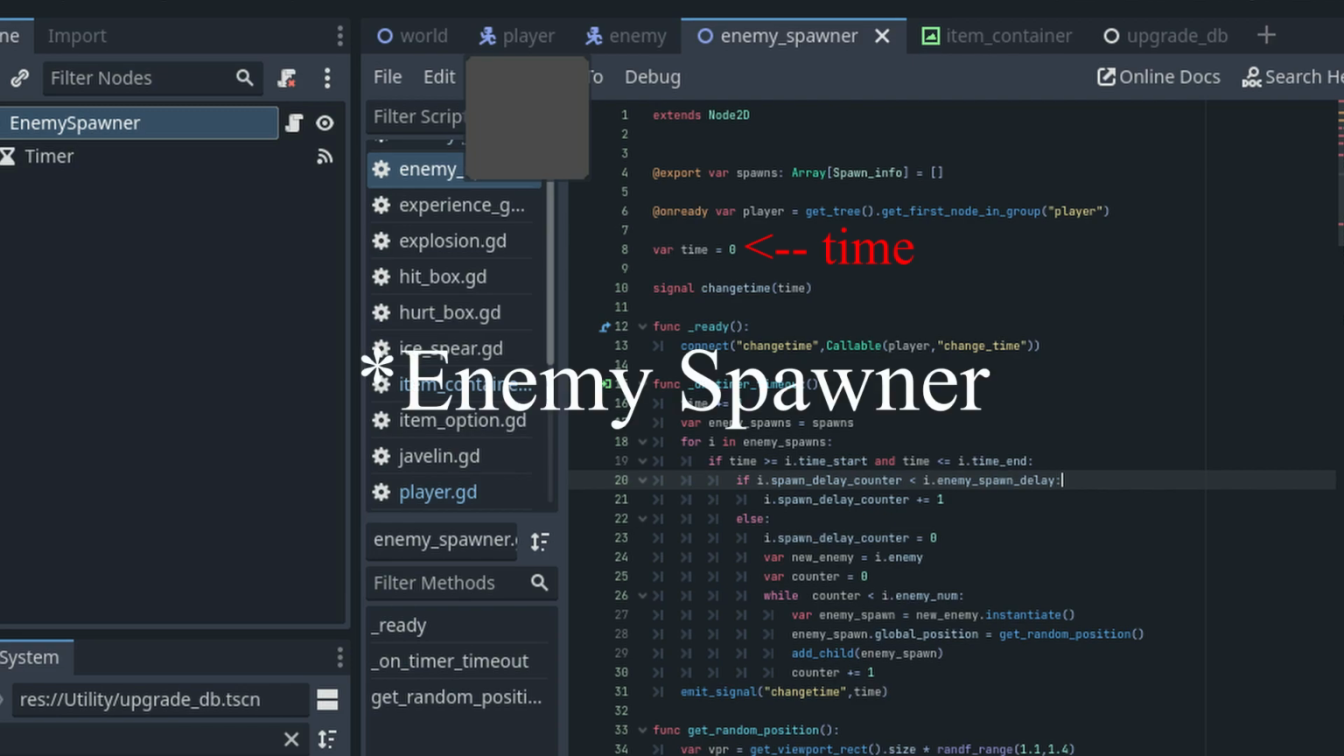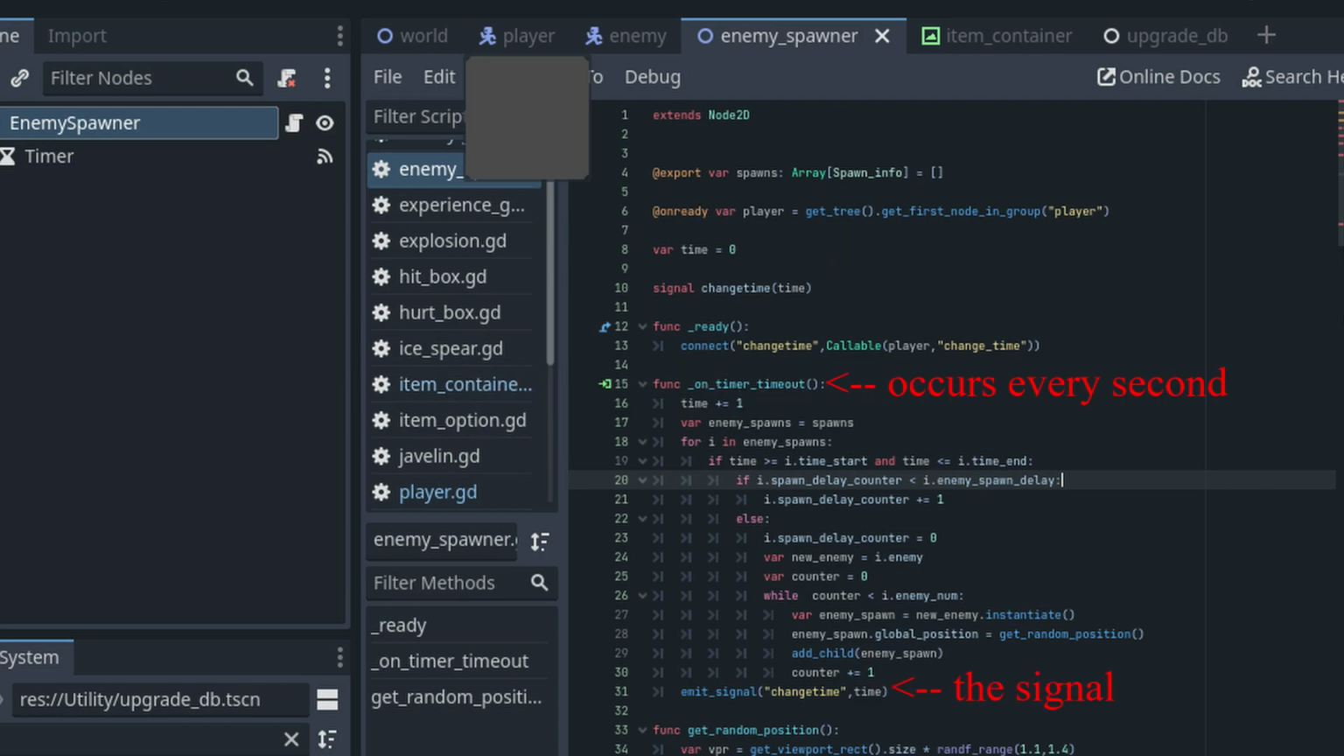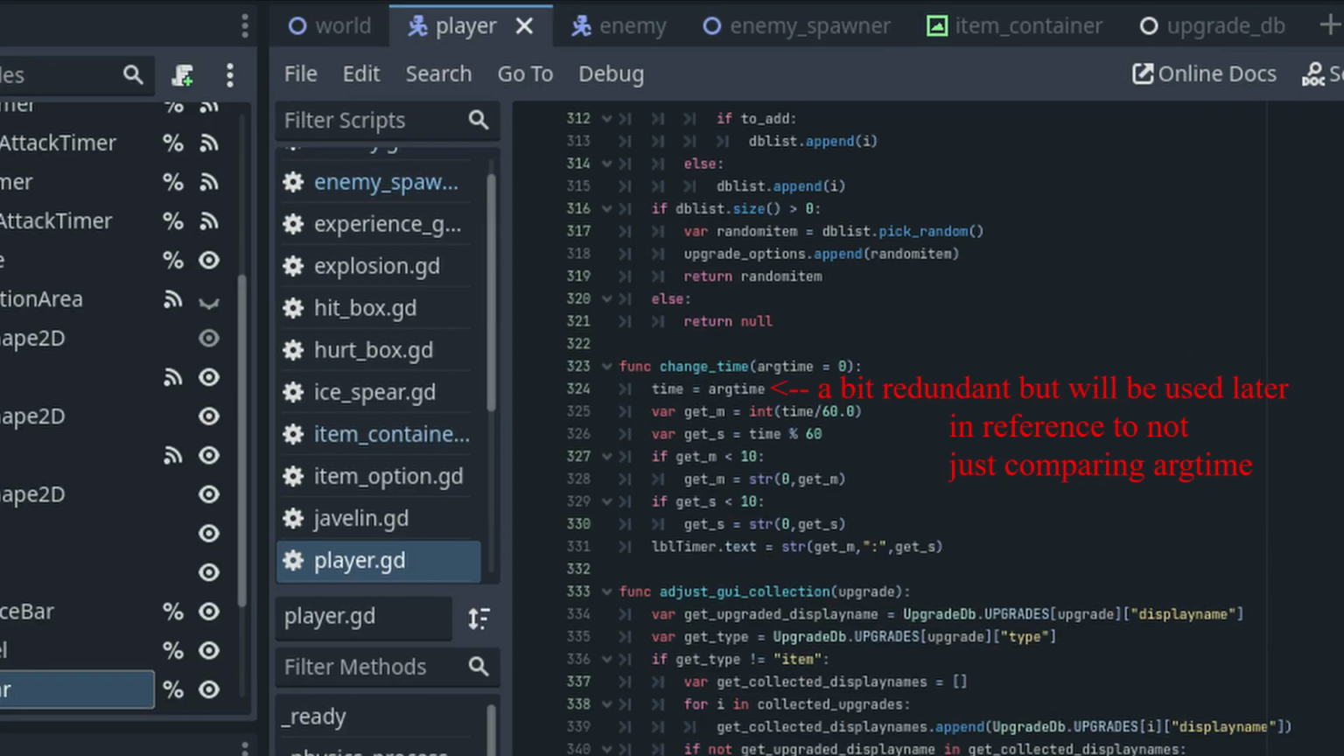We take the time value from the enemy smolder and transfer it to our player using the change time signal that we connect to the player's change_time function. The time variable is primarily going to be used in a future episode, so that's why we aren't just using the argument. Our goal is to display our time in a number